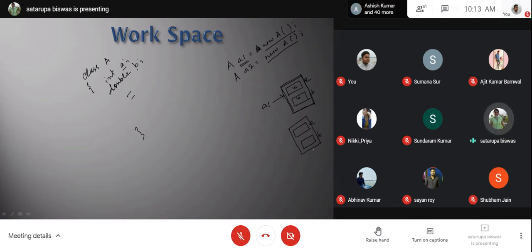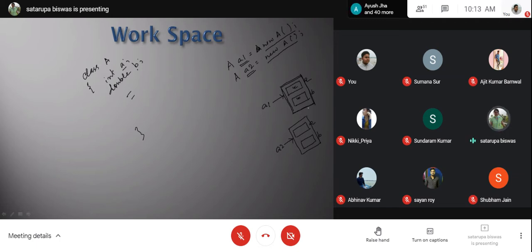So this is the memory implication of your second object. Sorry, this is the reference which is referring to the second instance. So this is what is happening for creation of different objects for the class A.